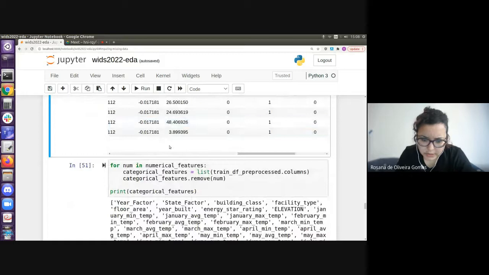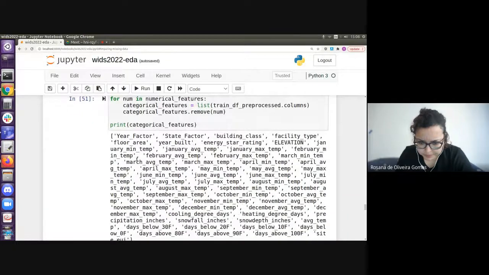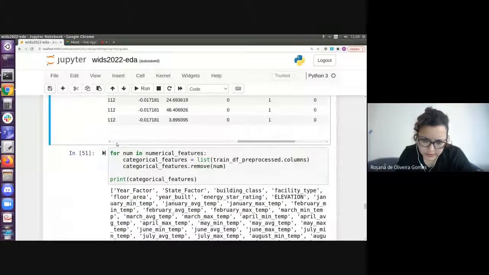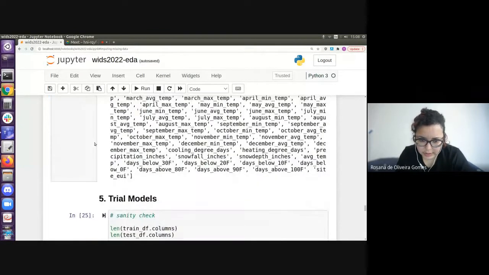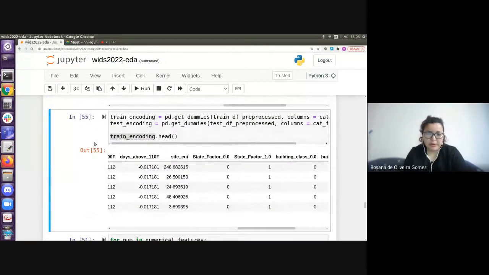I was just looking at defining what the final categories are now. And you just have to take the difference of what you have in terms of numerical features. You remove the numerical features from the columns that you had, and then you have all the features that you have now in the data set. But this is the last part I wanted to show you, and I think now I will pass over to Aaron,